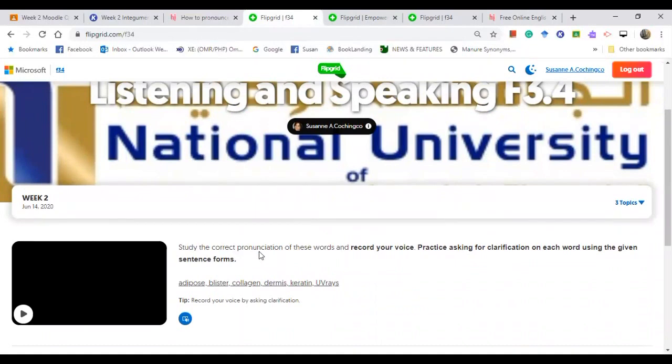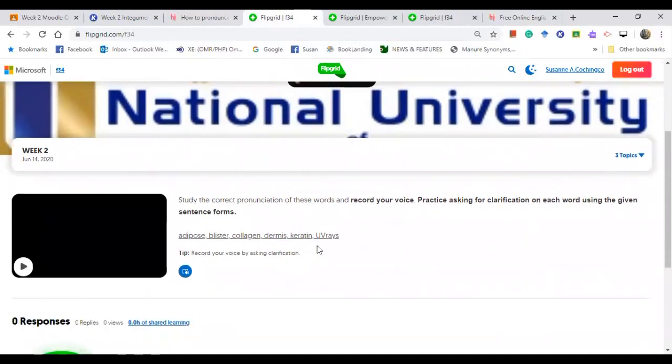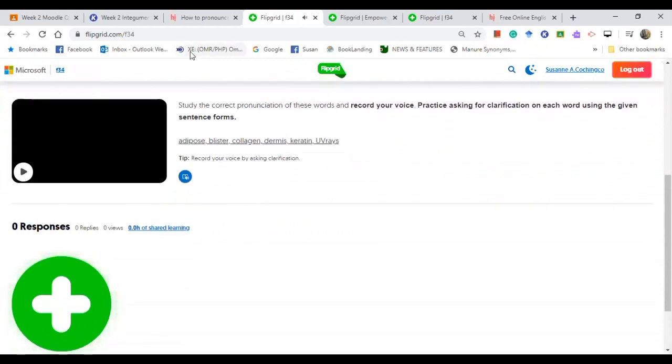So this is, for example, the latest homework. The teacher has written here, study the correct pronunciation of this word and record your voice. So how are you going to record your voice? You can listen to your teacher first. Here are the models. Okay. So how are you going to respond? You click on this and